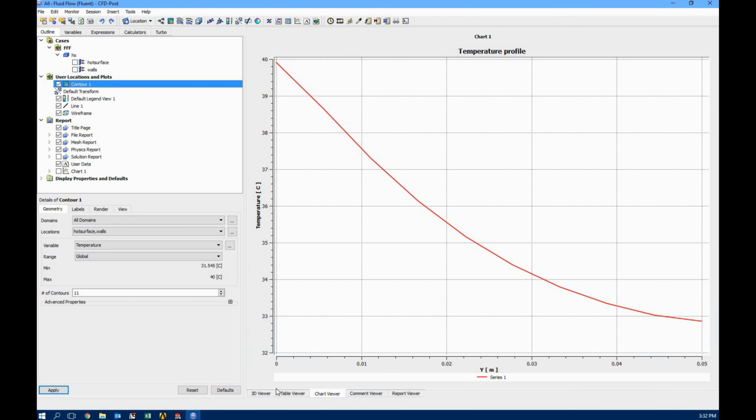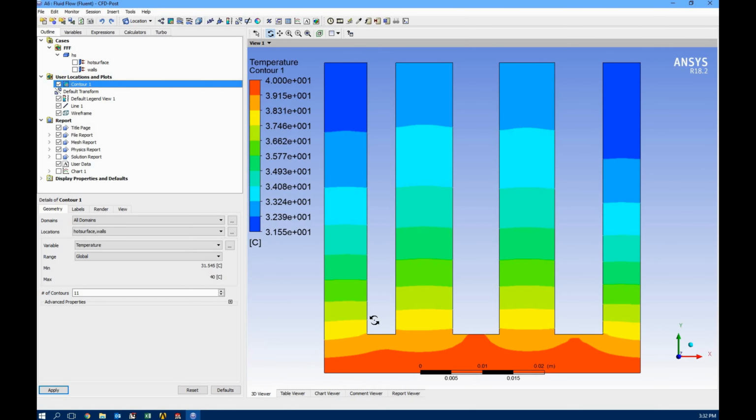So this is chart view, this is 3D view. And as you can see, the temperature profile at the left side and right side is not exactly same, because the sizes are different. I just draw without any accuracy, and the gap on the right side is larger than the left side. That is why we have a little bit temperature difference here, and you can see at the bottom side we have a higher temperature close to this area,